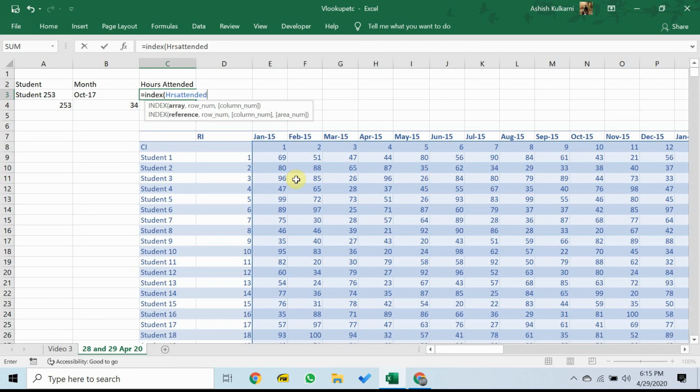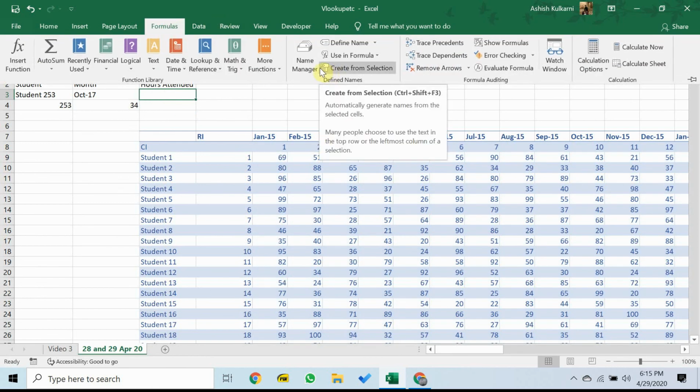There's a bit of a problem over here in the sense that we have chosen 1, 2, 3, 4, 5, 6 as well. So I will need to edit or amend hours attended just a little bit.